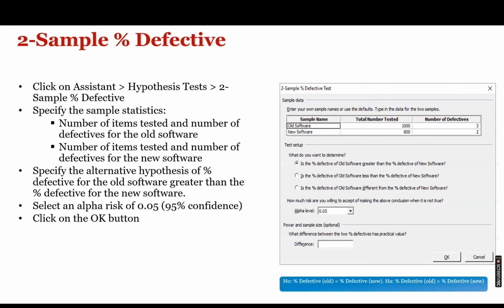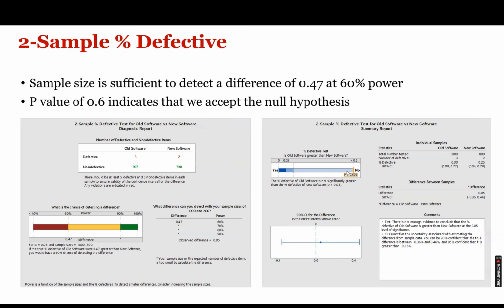Here we have summary data. So we entered the data straightaway into Minitab and we selected the option two-sample percentage defective. There are two samples of percentage defective which are compared. Based on this, whatever we have added, you can do your practice in your spare time also, based on whatever is stated over here. After clicking OK, we get a p-value which is greater than 0.05. That means we accept the null hypothesis. What is the null hypothesis? The null hypothesis was the new process is not better than the old process. So we conclude that the new process is not better than the old process.